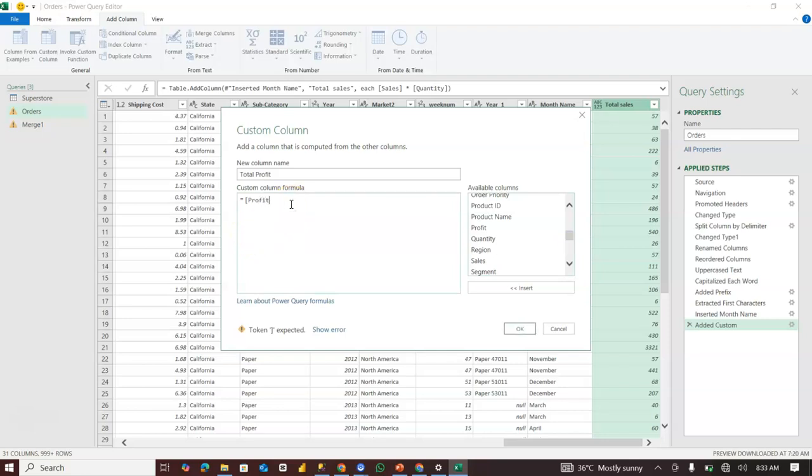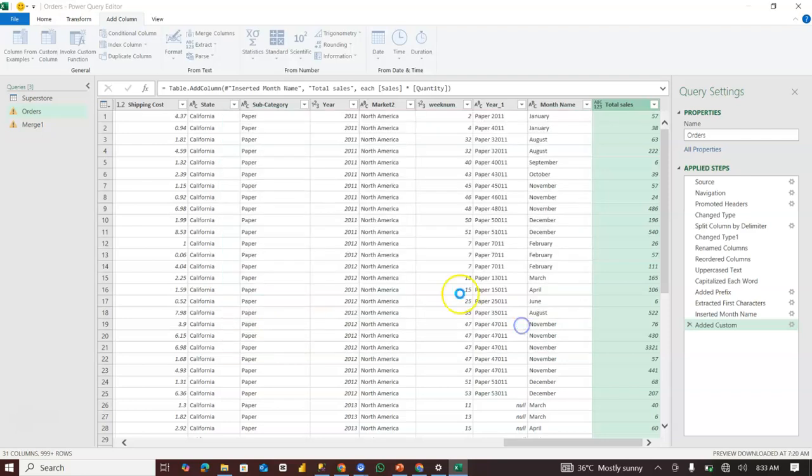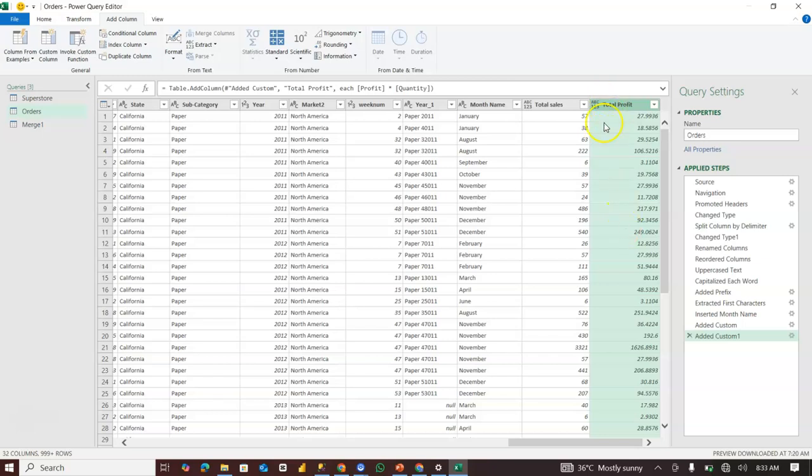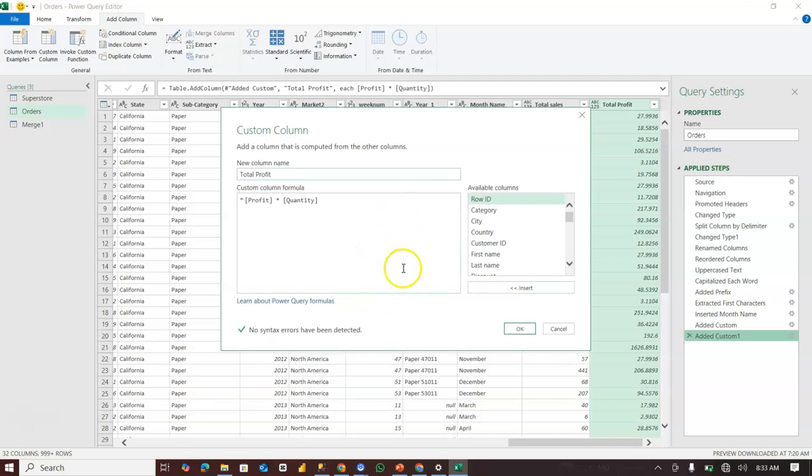So we have the profit, then we're going to say multiply by, maybe you want to multiply by the quantity, then you close up the square brackets until no syntax errors have been detected. Then when you are done, you say OK, and you can see that the profit has also been calculated. If you want to change anything from your column, you can just come to the small setting icon. When you click on it, you have access to what you are doing, and you can make your manipulation to